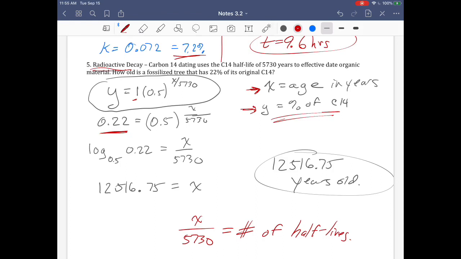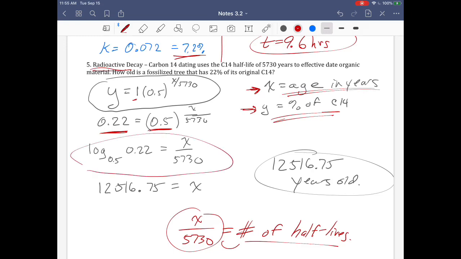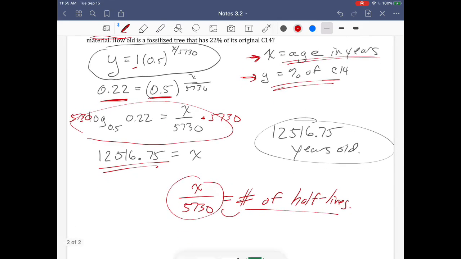So when we get that, that'll directly solve this whole fraction, which is the number of half-lives. So that means that x is the number of years. If you just had a variable there, it would just be the number of half-lives. So with a little bit of exponential and logarithmic magic, we can take the log base 1/2 of each side to convert it into a logarithm. And then at this stage, this 5730 was bothering the x, so you're multiplying both sides by it. And where do I get this number? Of course, I get it from